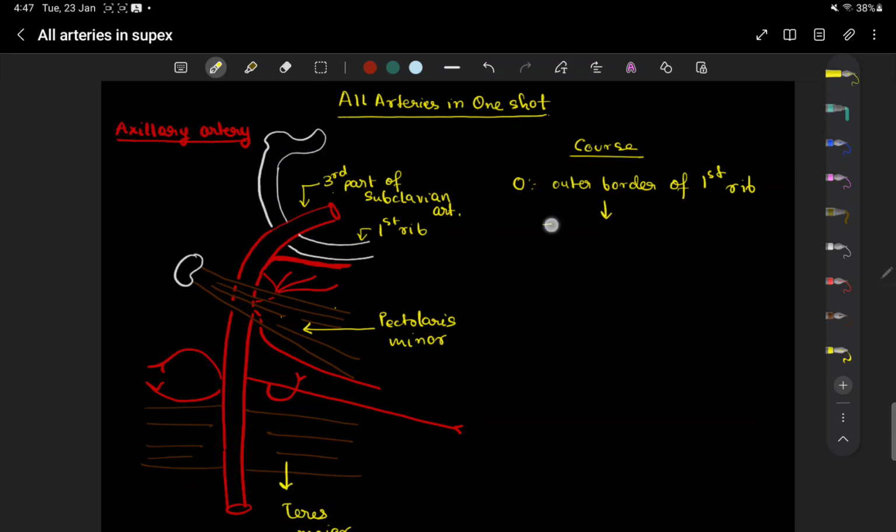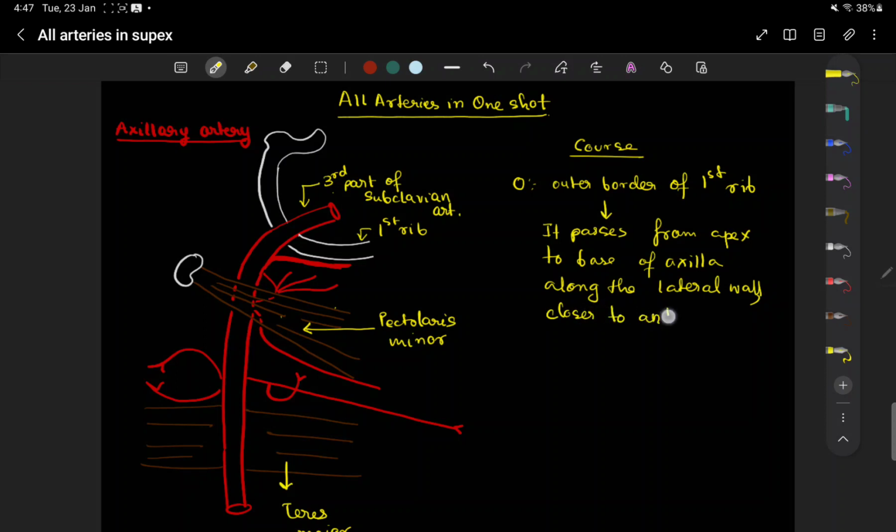Okay, so it passes from apex to base of axilla along the lateral wall. मतलब it is present along the lateral wall of the axilla, ठीक है। So when it is moving around the lateral wall, is it exactly present in the midpoint between the anterior and the posterior wall? No, it is present closer to the anterior wall compared to the posterior wall, ठीक है।